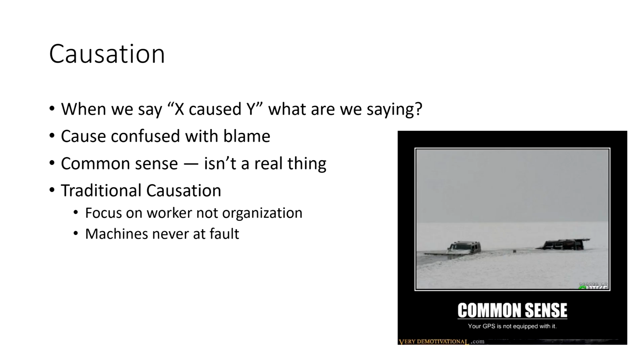So, especially when you're looking at human performance investigations, you really want to have a very good understanding of the chain of events and how certain things caused other things. And then what does that mean when we start applying that to humans? Because cause is often confused with blame or accountability in the real world, which isn't always appropriate or accurate.